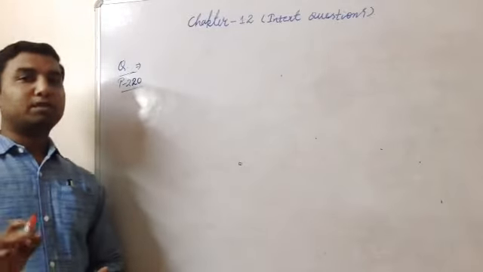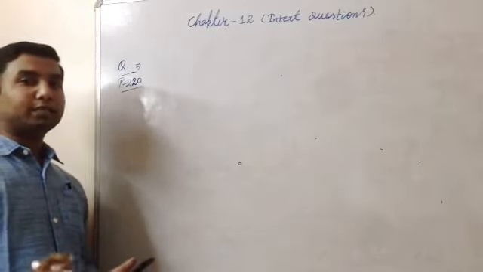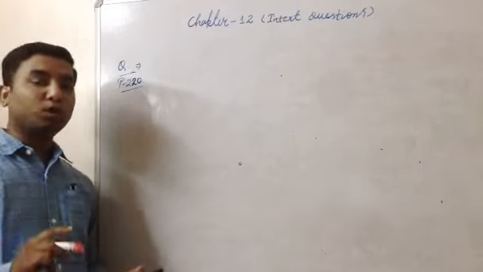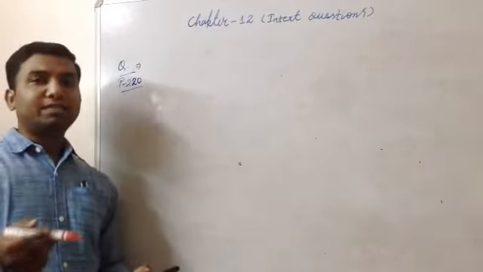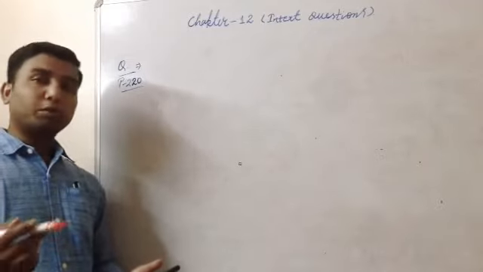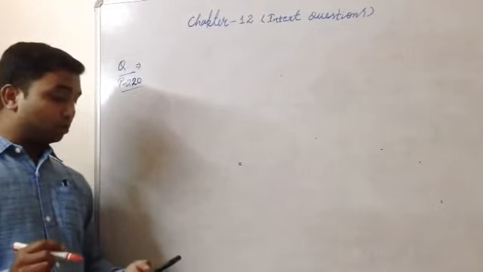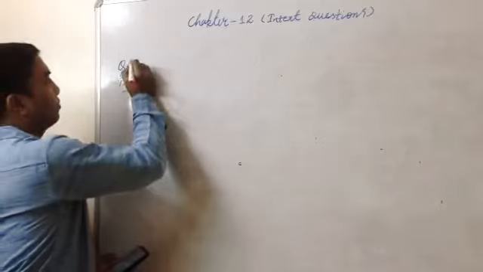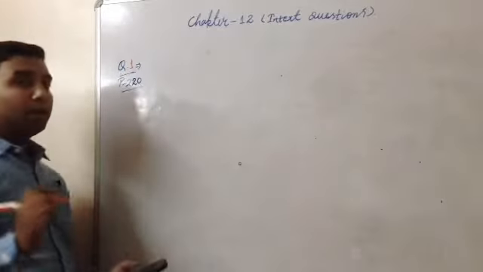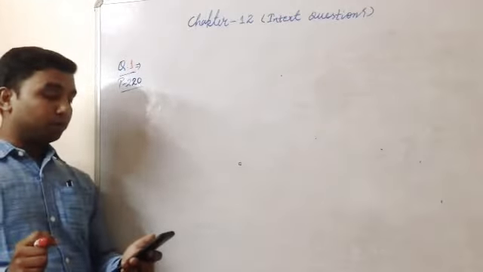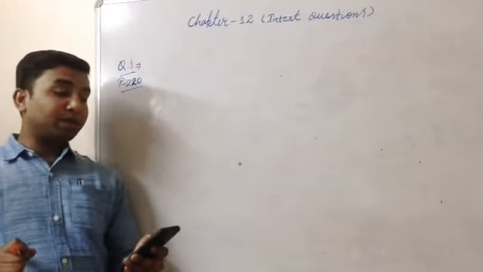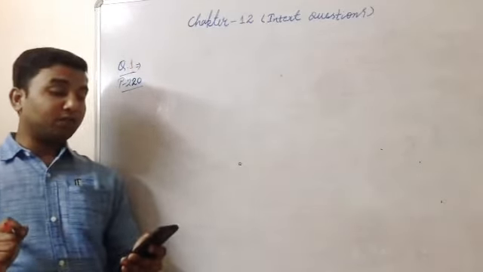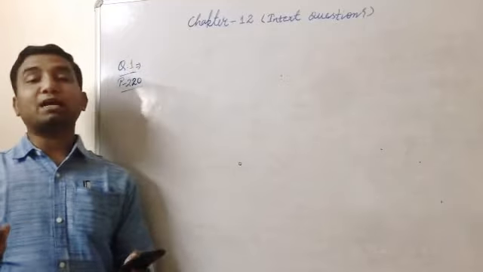So now I am starting the in-text questions given on page number 220 in your book. We say the blue box questions given on page number 220. So what is the first question? In question number 1, what is given? What determines the rate at which energy is delivered by a current?